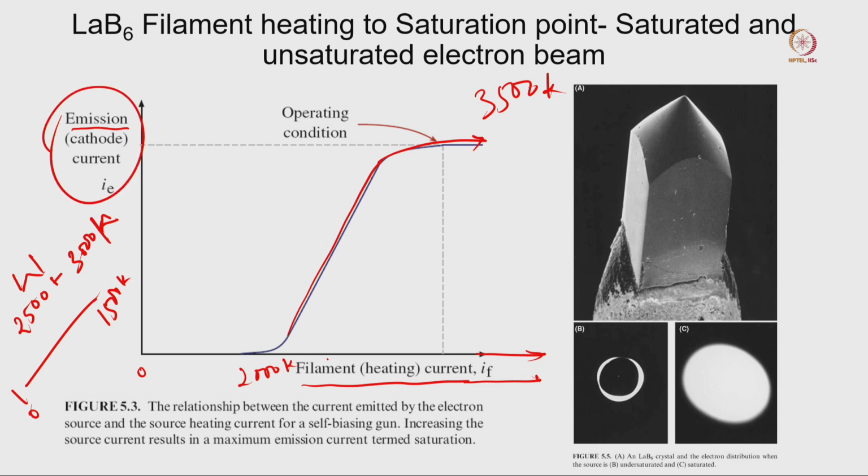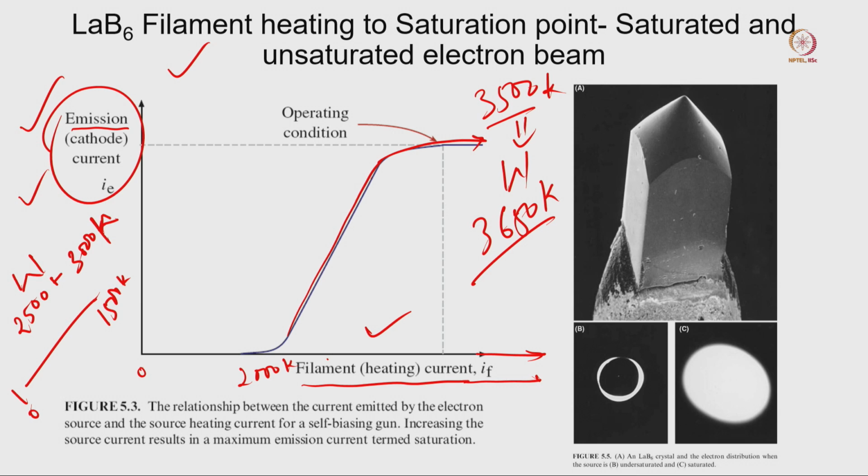And what will happen is it will reach near the melting point of this metal. The melting point of this metal is somewhere here, 3650 Kelvin, and it will melt the filament and break it. So what kind of heat energy is required to get proper emission depends on that particular filament, and also on the vacuum and microscope condition. Based on that we have to play around with those parameters. So it is not a good idea, if your brightness is low, to just increase the heat energy of the filament to get better brightness. It is not going to work in that way.